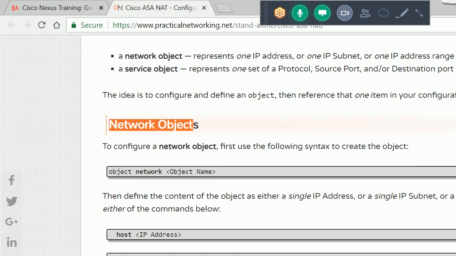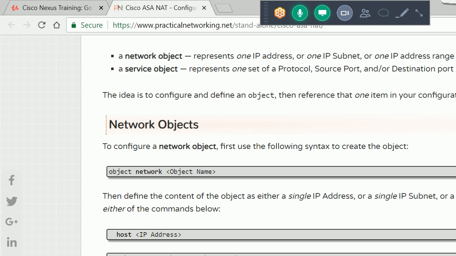So here is something like a network object. What is a network object? Generally a network object is a group of hosts, networks, and fully qualified domain names. It means we can combine the IP addresses, or we can also combine the port numbers. We have two types of objects: network object and service object.